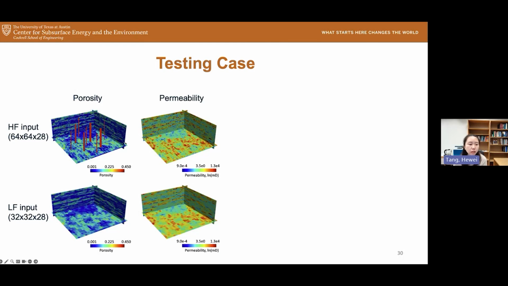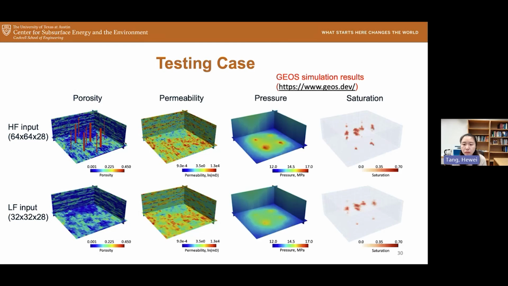So the first high fidelity input is the same case as I showed in the previous INSAR data history matching case. And we can find that what is different for our application in subsurface is that our simulation results are